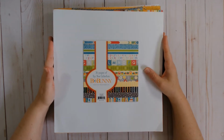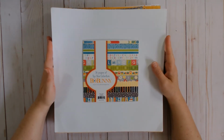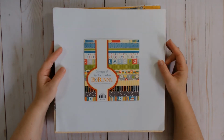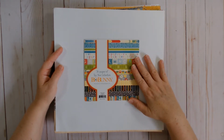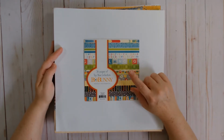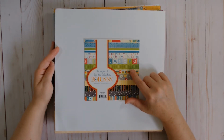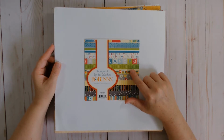This is the layouts that I have from the Toy Box collection of Bo Bunny. Now this collection is from 2016, but I did find it available at Frantic Stamper. It's a US store. I've never purchased from there, but I will link it below in case you're interested in